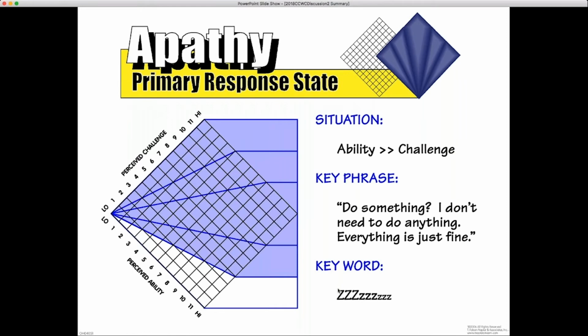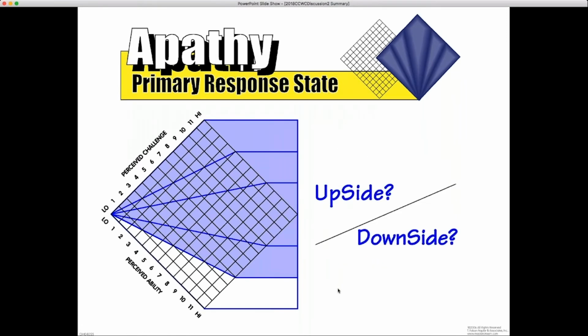I do think there's a positive to apathy. I just think at some point you need to be able to park yourself. The rest of our ChangeWorks process says that this is also the area where we have a chance just to think, kind of go to the cabin for a day and do that reflective, strategic thinking that you need to be doing. So it's not necessarily all negative, but obviously it's not a place you stay for very long.